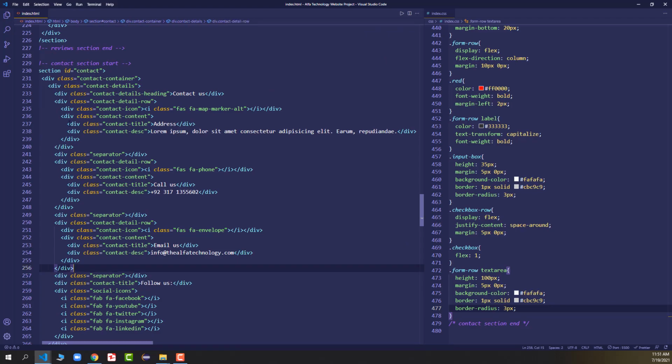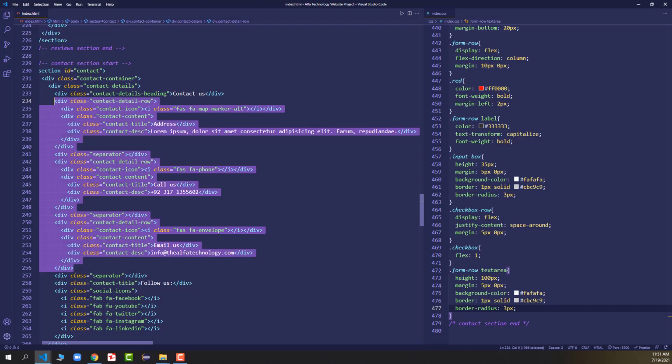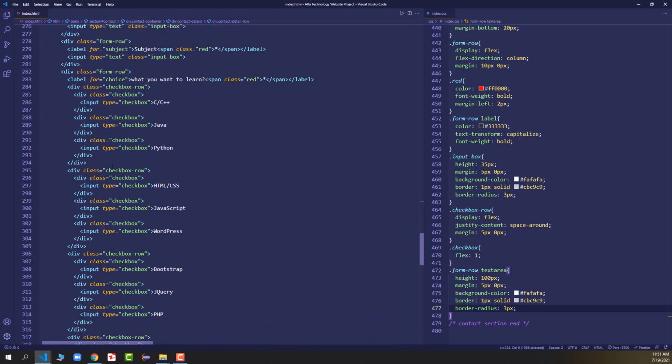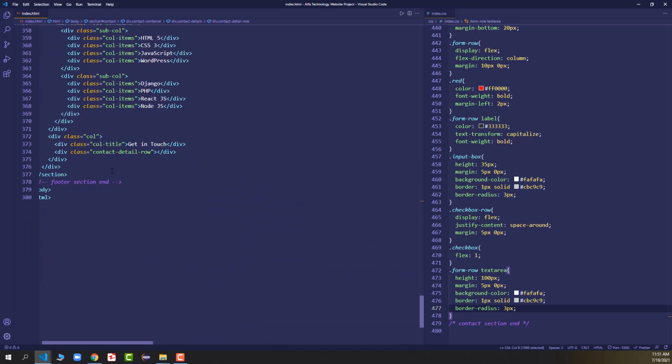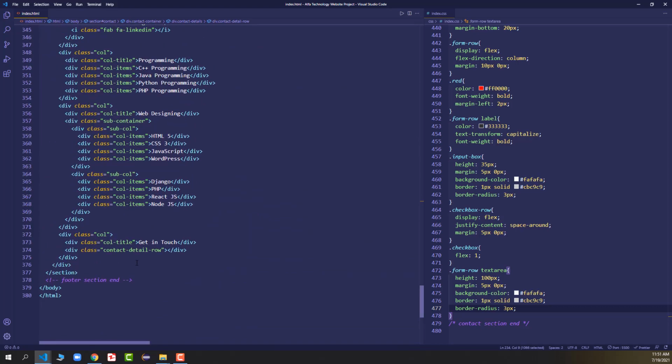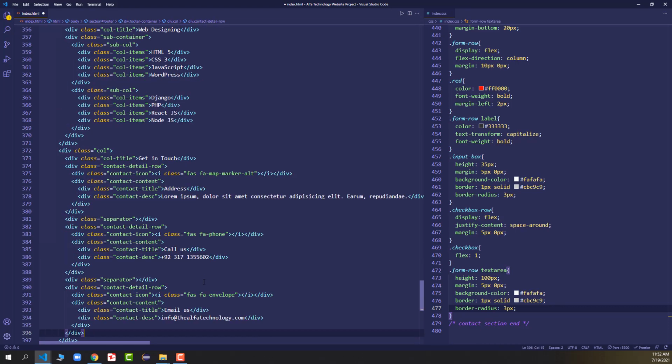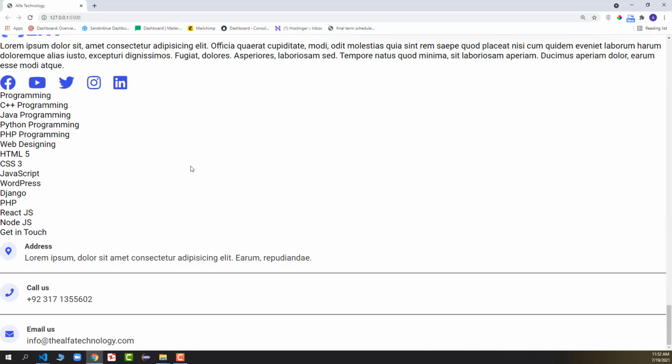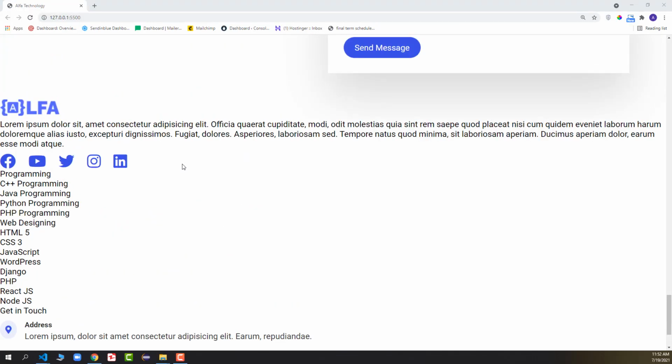So here I will copy all 3 contact details rows. Okay, so you can see we have selected 3 rows, then I will copy them. I will go down, and here instead of dot contact details row I will just replace them, and I will paste the rows that we have copied from the previous section. And here you can see we got 3 rows: address, call us, and the email.